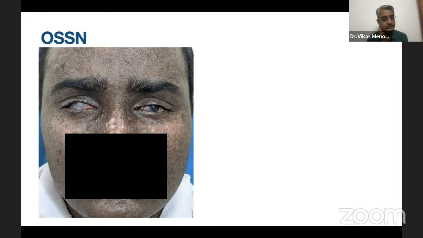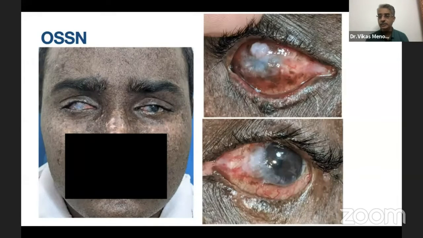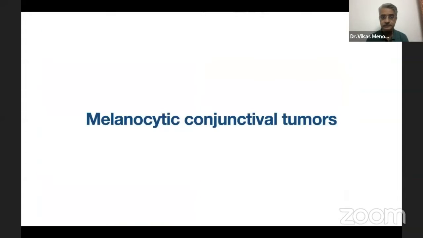We all know what this is. This is xeroderma pigmentosum. Now, this is a condition which may predispose even younger children to develop ocular surface squamous neoplasias. And this child came to us with bilateral OSSNs. In fact, one of the eyes had gone into phthisis, and the other eye also had florid growth on the surface of the eye. Now, this is one situation. If you see a patient with xeroderma pigmentosum, you need to be a little careful in their examination. Probably this eye could have been saved if the disease was detected early on.